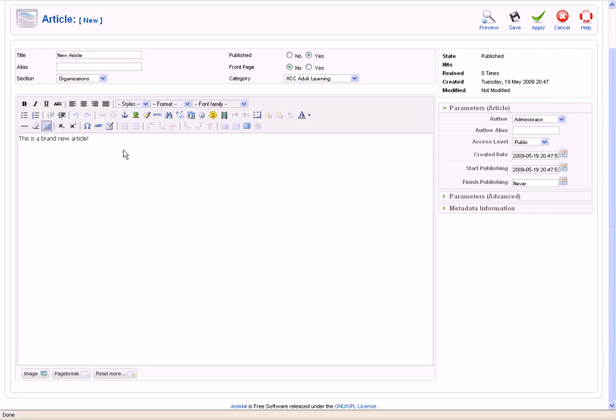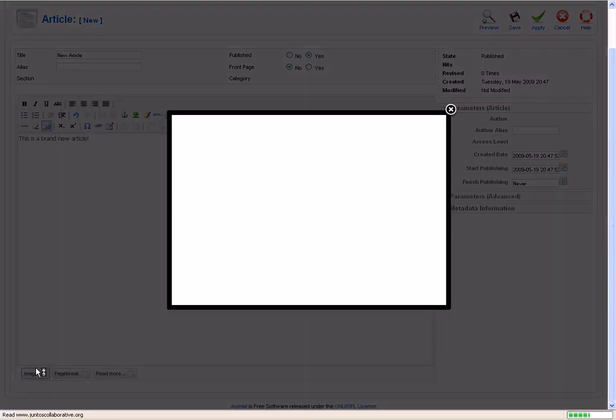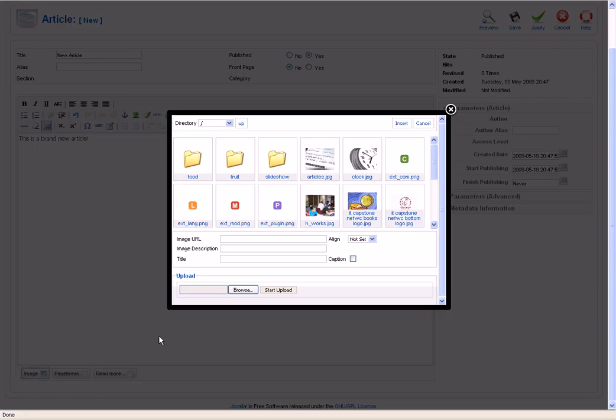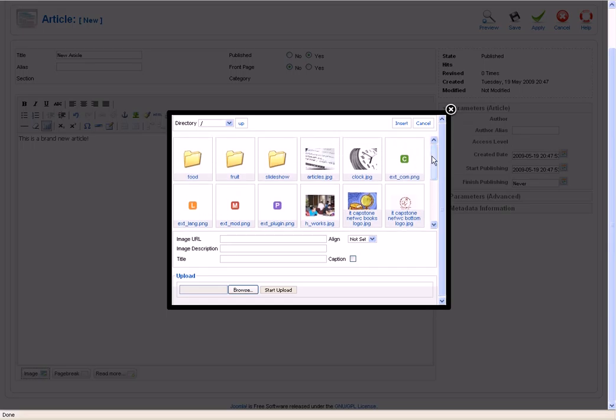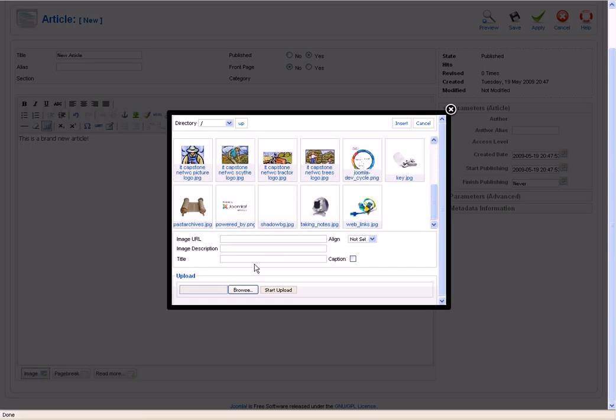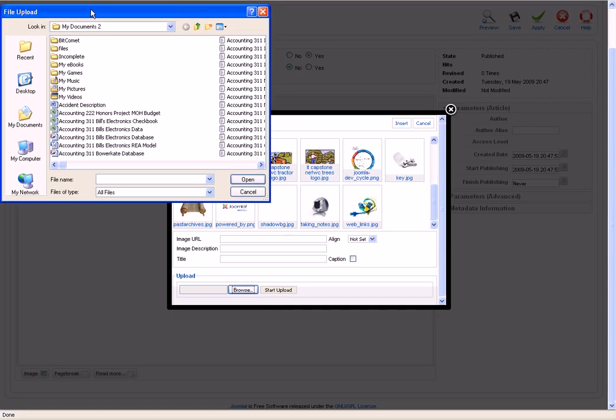If you wanted to add an image to this, it works very similar to a word processing program where it'll just plant the image in there and you can move it around. We're going to click on the image button down here, and it'll bring up this screen. You can choose an image that's already loaded onto the server, and we have a couple in there right now, some default ones as well that come with Joomla. But mostly you're probably going to want to upload your own images, so you're going to want to go to the browse button down here, and that will bring up